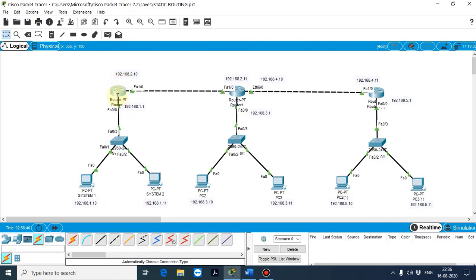This router needs information about the second router where the destination data has to be transferred. So we are defining the path from source to destination. Here we have defined the IP address 192.168.2.10, and here also we have defined the IP address for this router, 192.168.2.11.